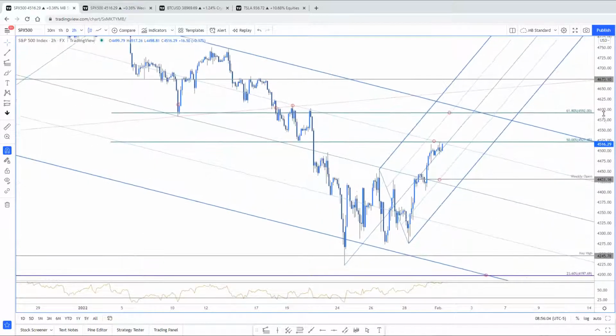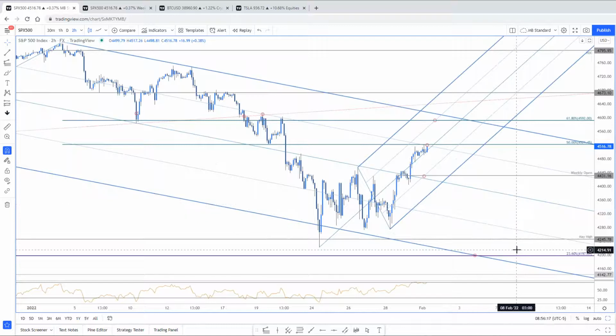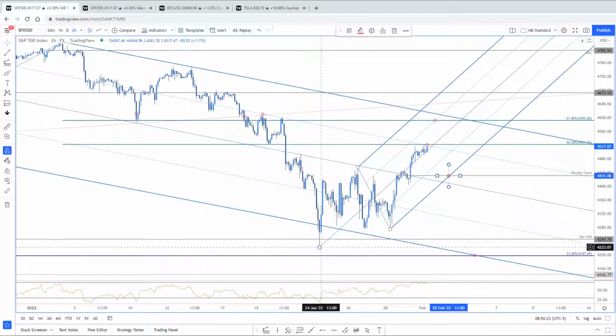Okay, 45.21 is resistance. Watch the US trade session today. If this breaches, that's absolutely critical. Near-term support at the weekly open gives you 44.31. At this point, if that breaks, it's going to basically invalidate the uptrend here. This is, again, a very objective low, high, low. That's your bullish near-term invalidation level. Questions?